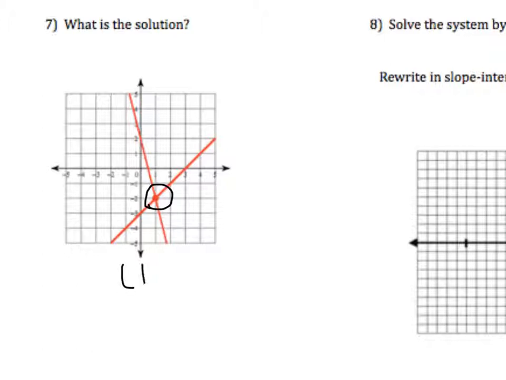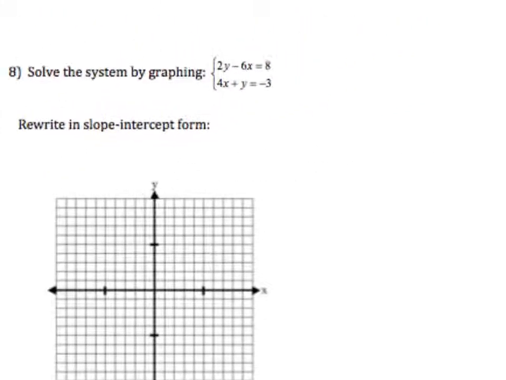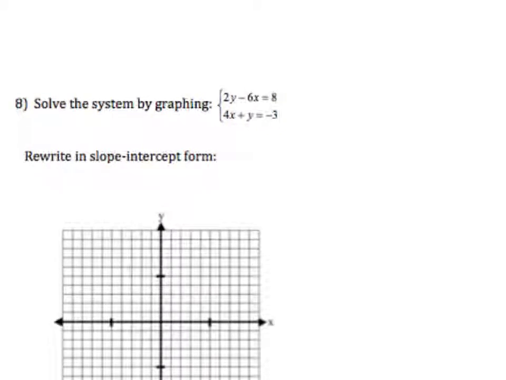And this point, 1, -2, is where they meet. And that is what we call the solution, because at that point they share the same x and y value within their equations. Right? Now let's take a look at doing the whole thing. So solving these equations, graphing them, and then writing